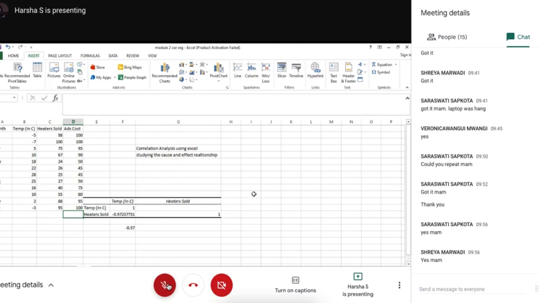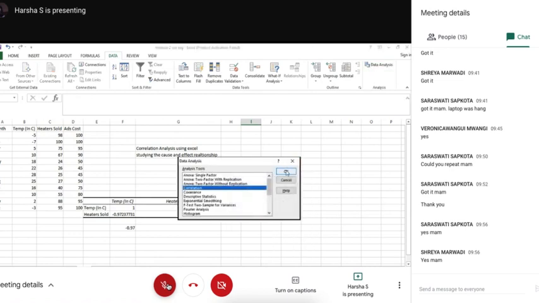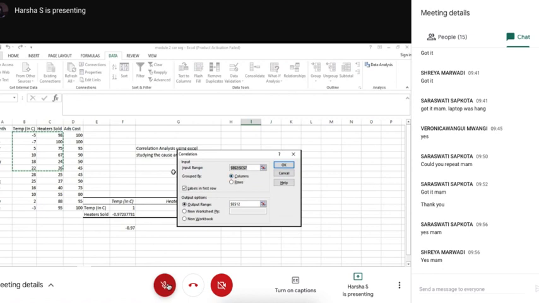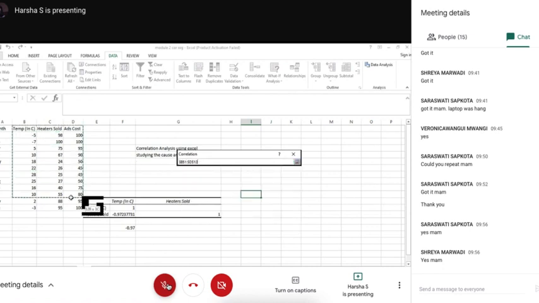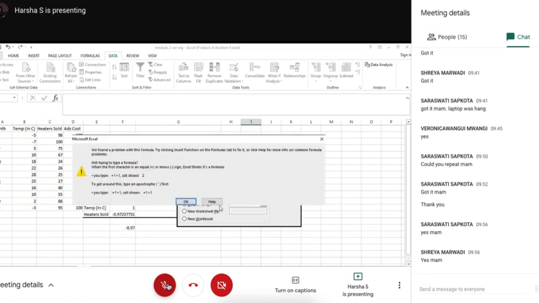Now you see if I'm doing the correlation analysis. Go to data, again do the data analysis, correlation, and all the three things. My output range, I want to select it as, say for example, let us do it here. And you click OK.